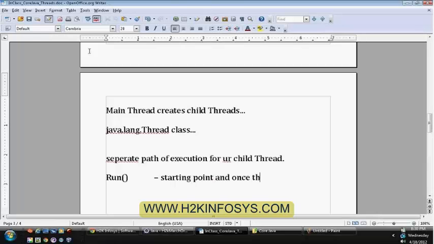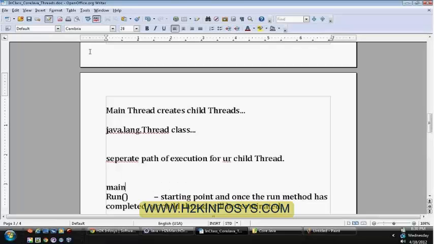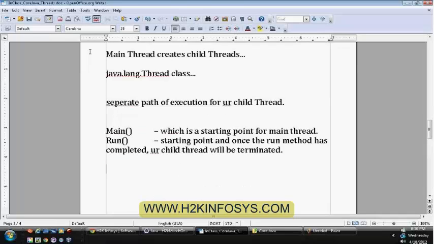And once the run method has completed, your child thread will be terminated. Just like the main method for the main thread, the run method is the starting point for a child thread.